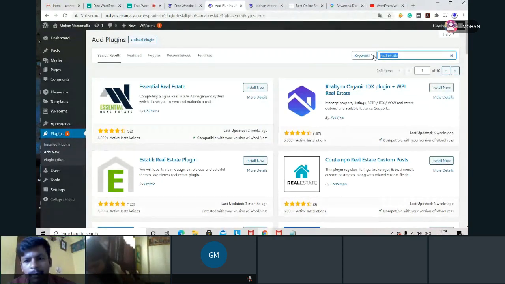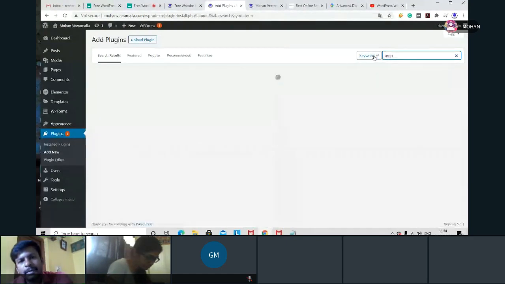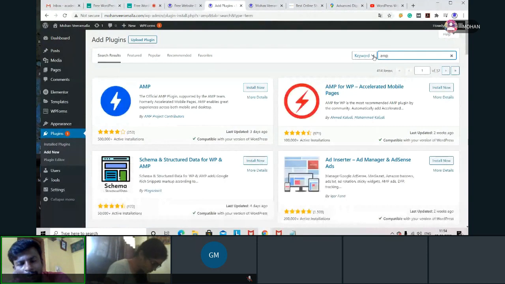So we'll target maximum users on mobiles only. For that purpose we'll be taking a plugin called AMP, Accelerated Mobile Pages. This plugin will make your website load faster on the internet.